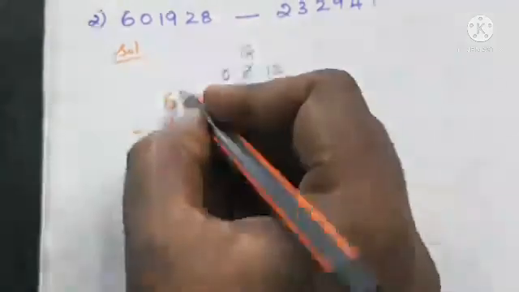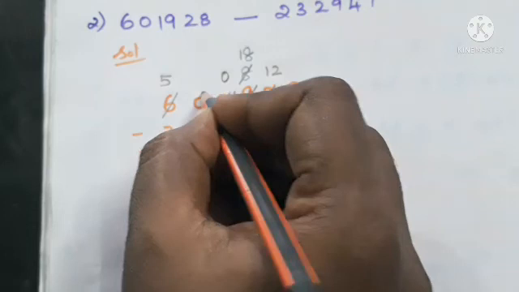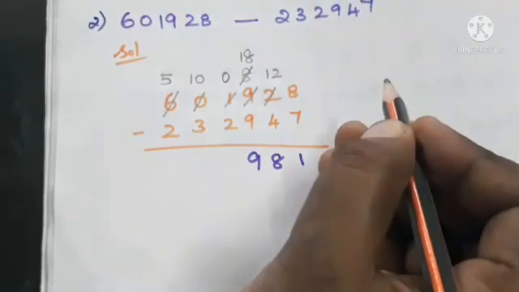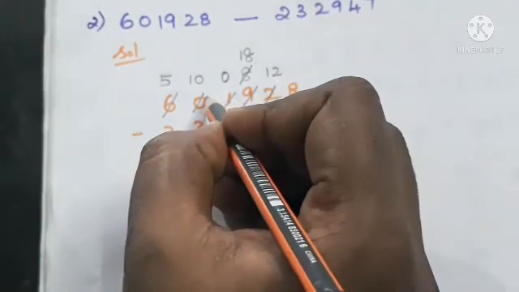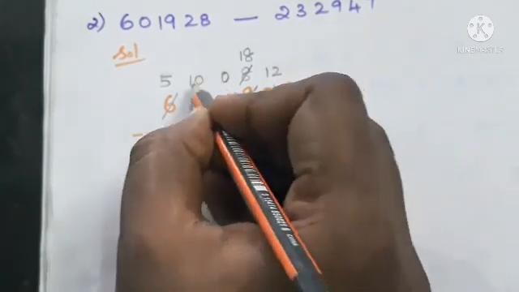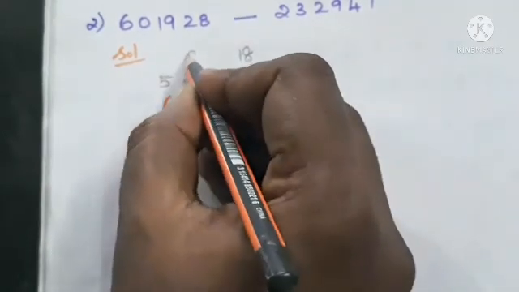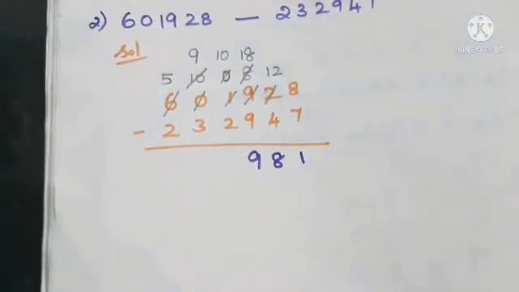So if you take a number from 6, 6 will change to 5 and this 0 will change to 10 now. Okay, 0 will change to what? 10. Next, we want to give a number to the 0 now, so we have to take it from the 10 only. If you take a number from 10, 10 will change to 9 and 0 will change to 10 now. Have you understood this?